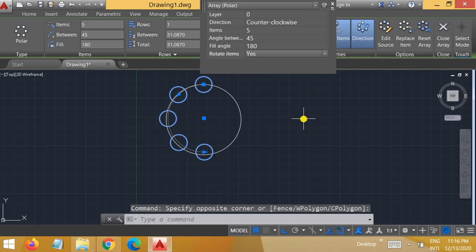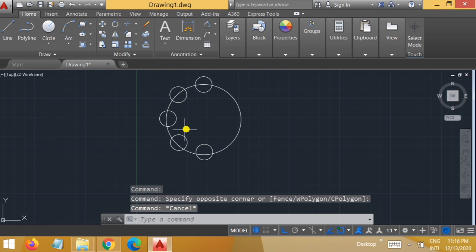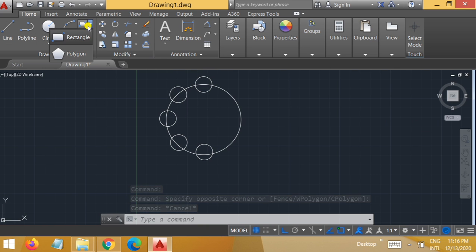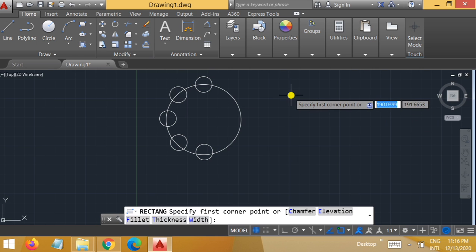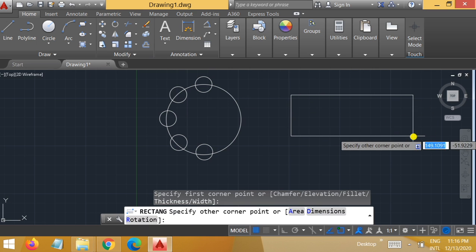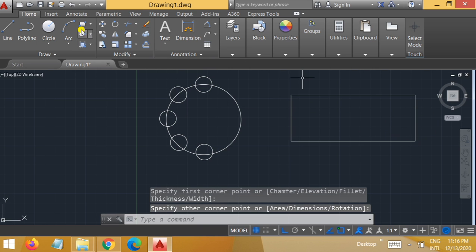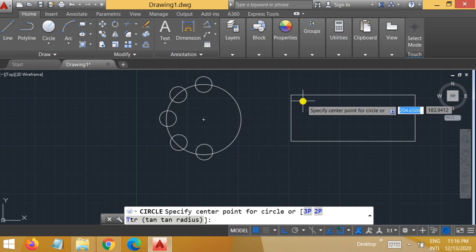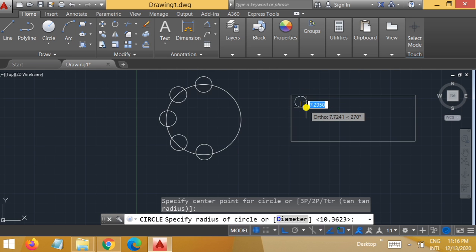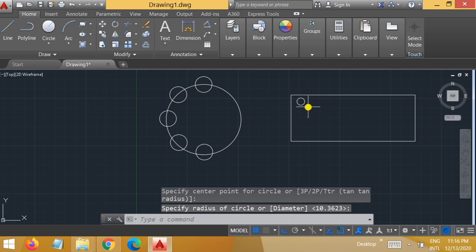It will be changed like this one. So that is possible. You can have this kind of change. Another important thing is if you have a rectangle like this one, and if you have a circle in that rectangle like this one, suppose,